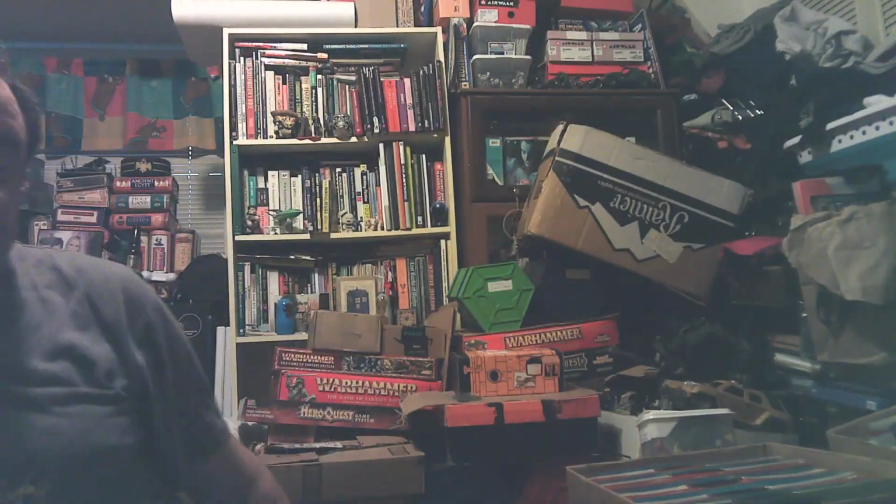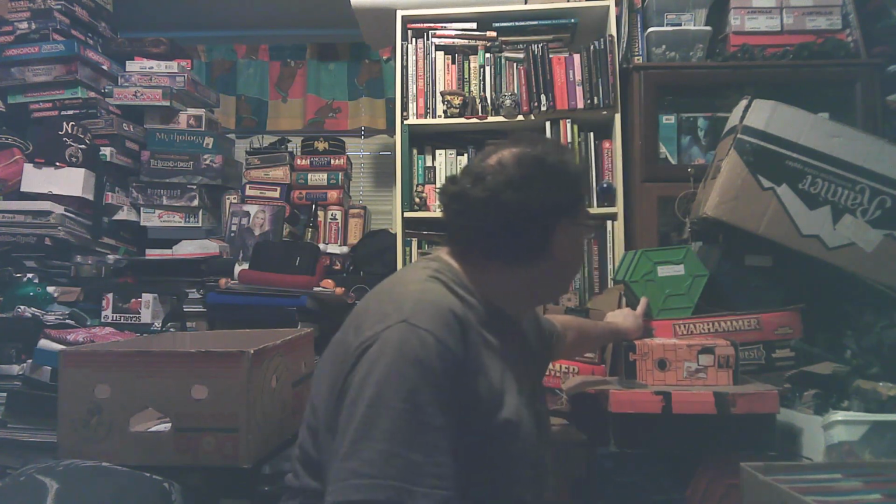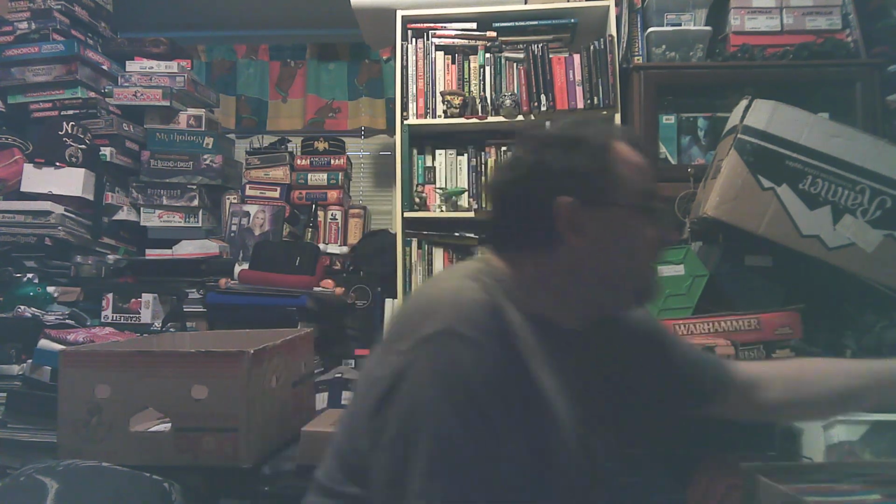There are some vehicles here, but the rest are actually in a sealed storage unit, because as you can tell, there's no room in here for them. Oh, and back there are rolly cases. These are some of my Corps. These are my Corps, because I also collect Corps too, besides GI Joe and nondescript